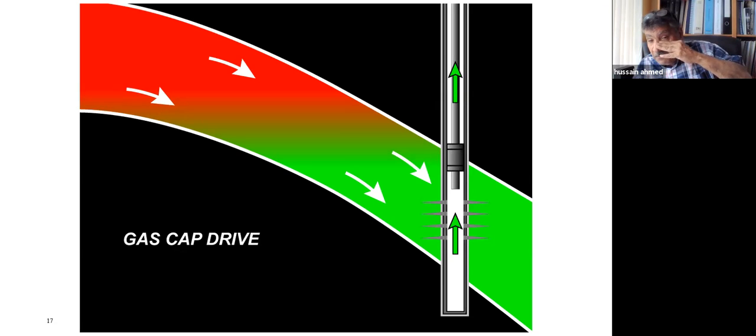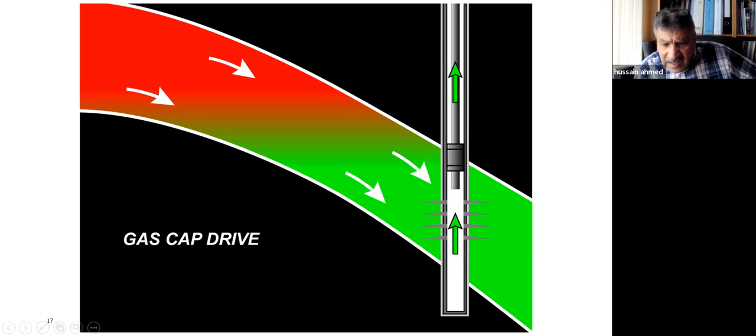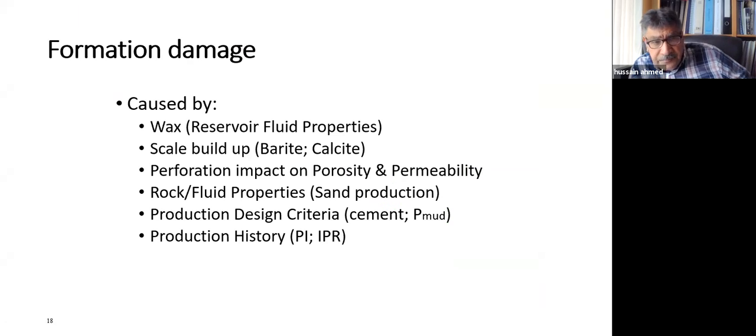You can plan it in a proper way. And you can think, for example, okay, I can depend on primary recovery at least for the coming 10 years, and then after that I do my water injection. But if you don't understand your gas cap size and activity or water drive size and activity, you cannot put a future plan for your well or for your reservoir. We're going to explain that to you by calculation.